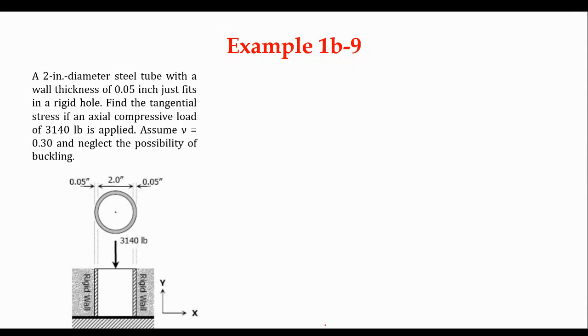So, naay steel tube, hollow steel tube, nag-fit between the rigid wall. So, mao ni ang front view, and then mao ni ang cross-section sa area sa steel tube. Okay, gifit gid siya dira sa rigid wall. And then naay load P dira ang applied, which is equal to 3,140 pound. So, as you can see, this is what? This is